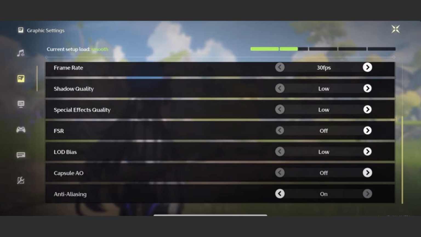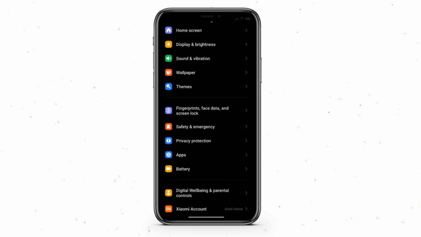Go to your settings on the top right and then go to the video settings, and from here you can see multiple options. First of all, you're going to disable the anti-aliasing, and if any of the settings are set to medium or high, you can lower them and try to test it out. Each time you can set them as low as you can, and then after that, open the settings on your